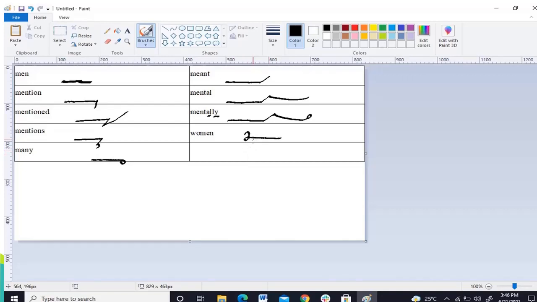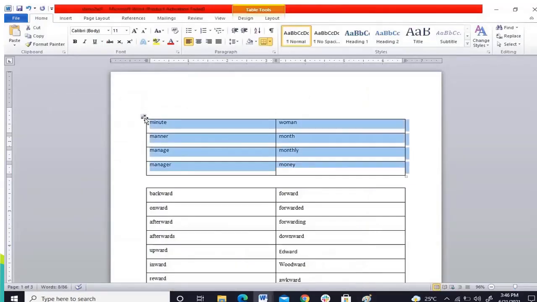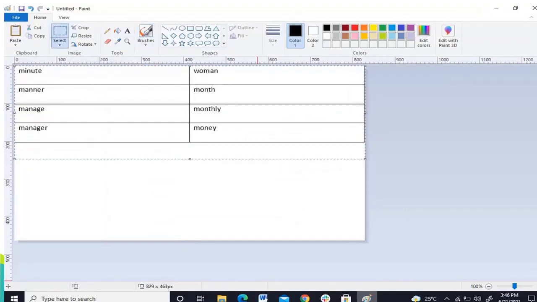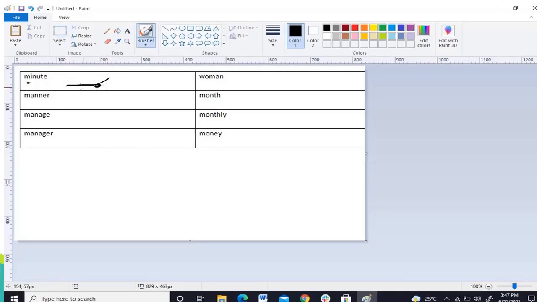Now, let's try other sounds na nire-represent ni men. Men blend, which is the man, mean, mon. Okay? So, men blend pa rin ang gamit sa mga yon. So, para mas malinaw, try natin yung mga words. Next is minute. We have minute. So, yung min natin dito is still represented by our men blend. And then, knit. E-T. So, minute.